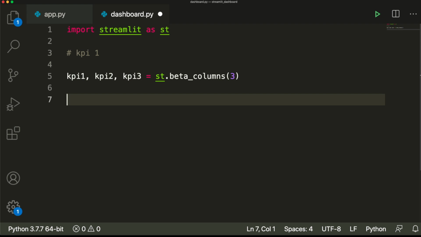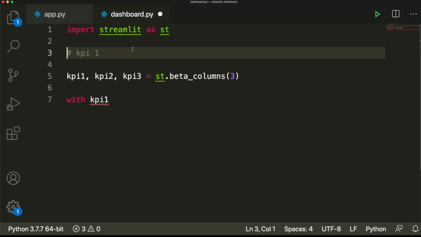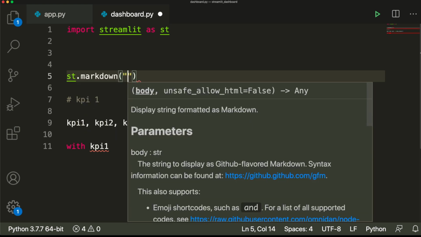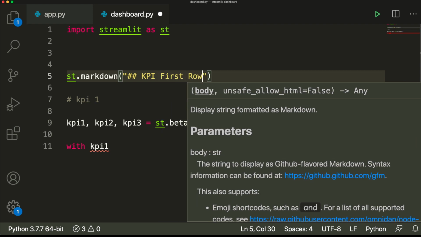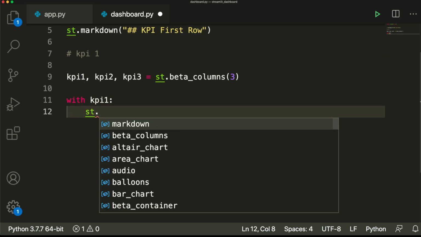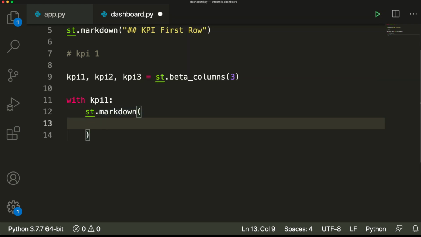And within these 3 columns, I can decide what I want to show. I'm going to say with KPI1, this is how we are going to add a particular element inside a KPI. So we have defined the columns here, and this is where we are going to say what we want inside the KPI. But even before that, we can set a small description. We can say KPI1 or the first row, and we can set it like this. And with KPI1, we are going to say markdown. Of that markdown, we are going to say what is the title that you want. Let us say this is our